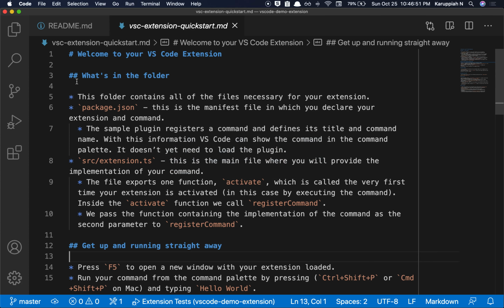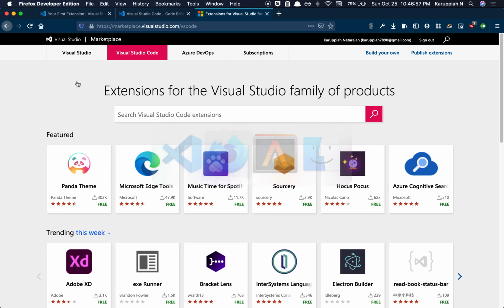So that's all this video is about: to get started and make you aware that you can create extensions for VS Code, and it's pretty easy to get started, and you can build your own extension and